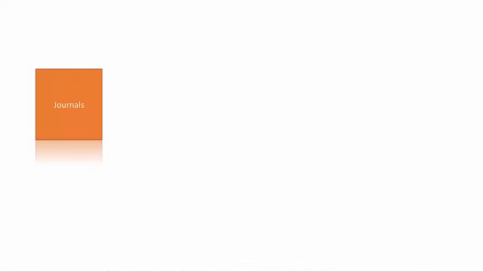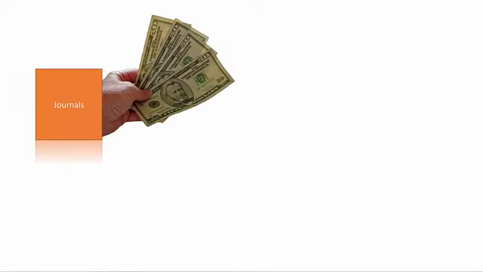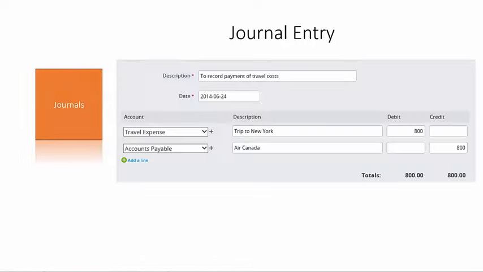Journals are where we record business activities. Think of all sorts of activities that could happen in a business, from selling product to making payroll to collecting receivables to buying inventory to paying suppliers. All these sorts of transactions give rise to what we call in accounting a journal entry. A journal entry is composed of an equal amount of debits and credits